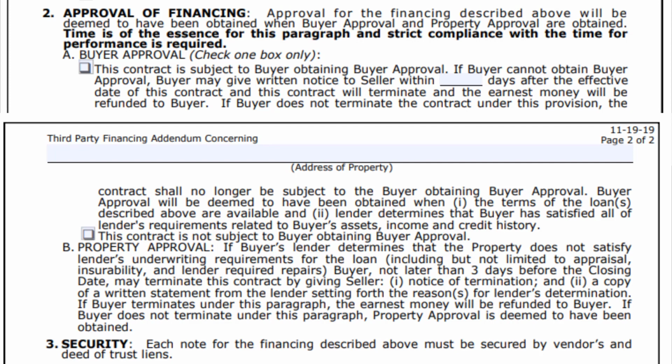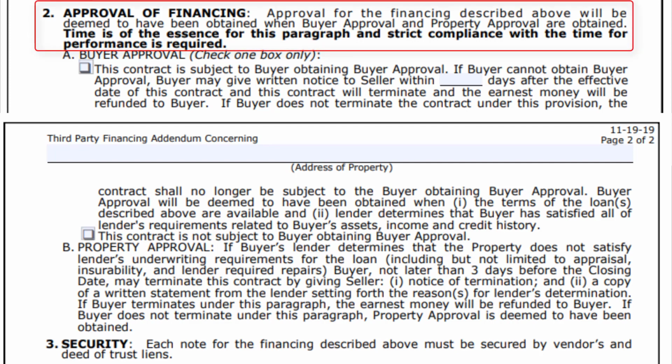All right, so let's go back through this. The first thing I will note here is that this is the new form required for use as of March 1st, 2020. The structural change is to take the time is of the essence provision, and instead of having it at the end of paragraph 2, it's right up there at the top, right at the beginning before you select any of the options. It is a nice big bold print like it was previously, and it makes it clear that time is of the essence for this paragraph. So if you miss it by a day or an hour or 30 minutes,